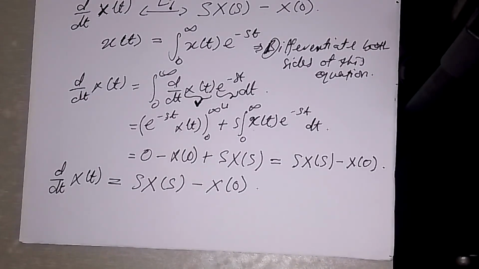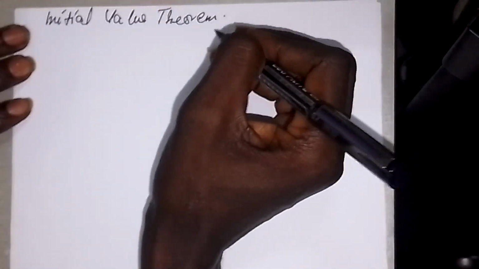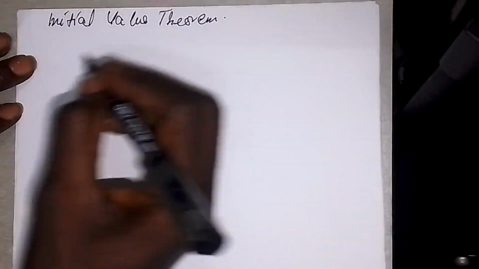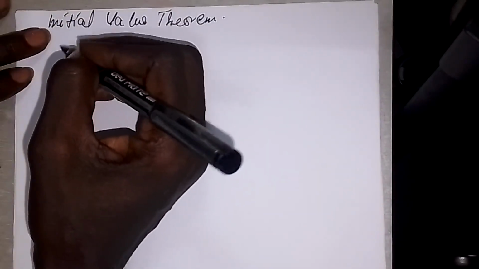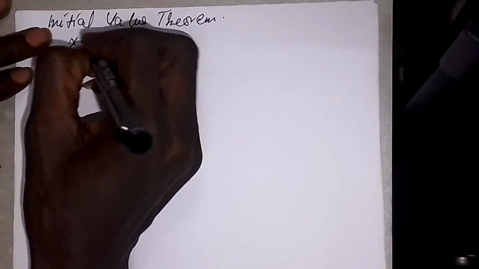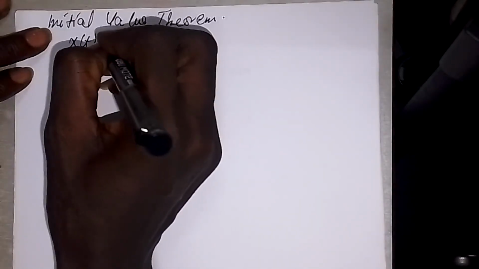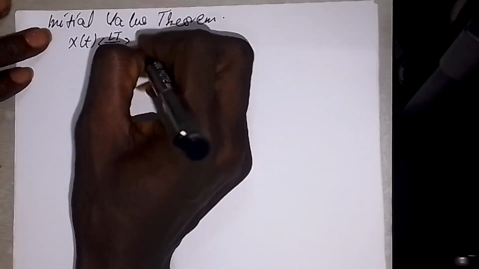Okay, so let's go to the next theorem or property here. This is called the initial value theorem, or you can say property, but I think it's more of a theorem. Initial value theorem, that's how it's properly called, so let's just stick to that. Here, if we have x of t, which is the Laplace transform of x of s,